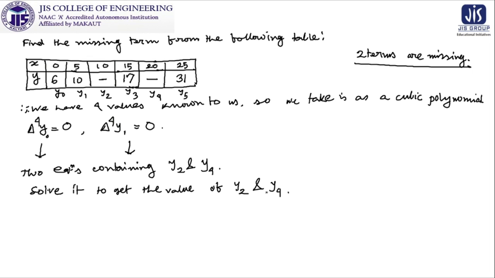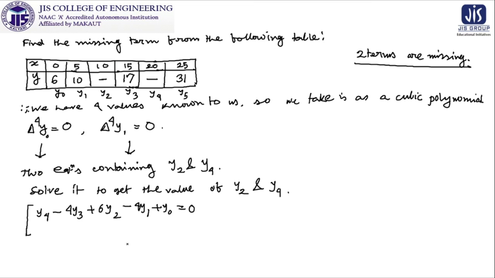But fundamentally we are going to do the same thing for this problem also. When you use the first equation, you are going to get, I am just giving you this so that you can match it after your practice, that is y4 minus 4y3 plus 6y2 minus 4y1 plus y0 is equal to 0,